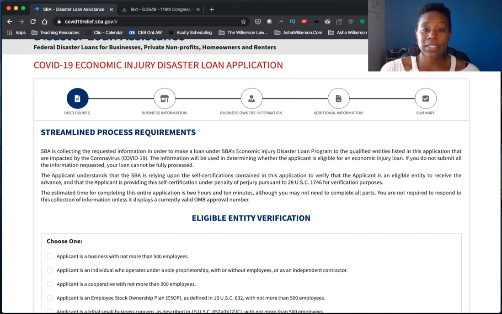Hi everyone. So after a little bit more research, I have discovered that the COVID-19 Economic Injury Disaster Loan application is ready and available online, and it looks like their application process is different than the economic disaster relief loans in the past. So if you go right up here to COVID relief or COVID-19 relief,